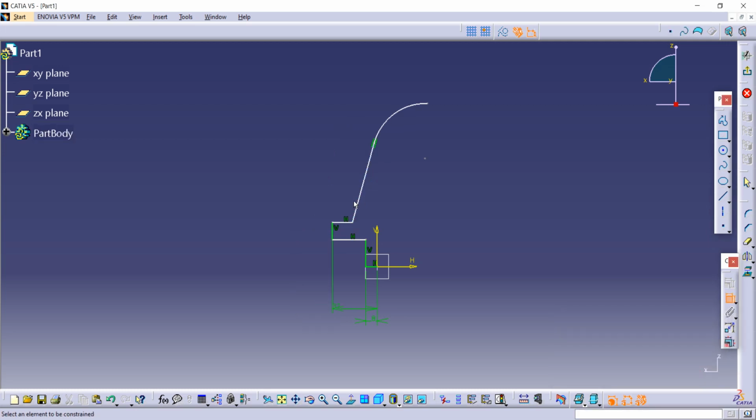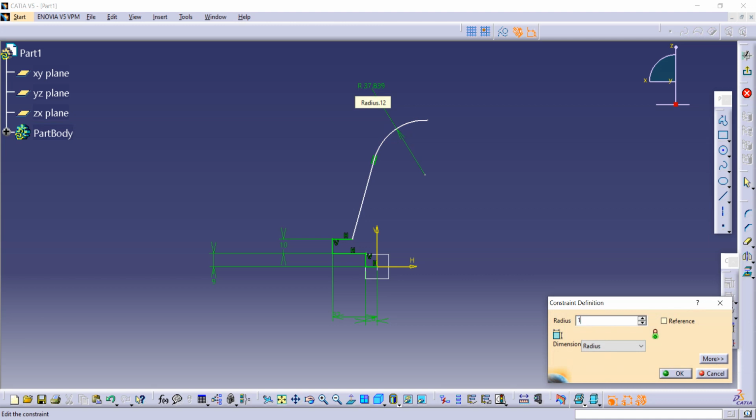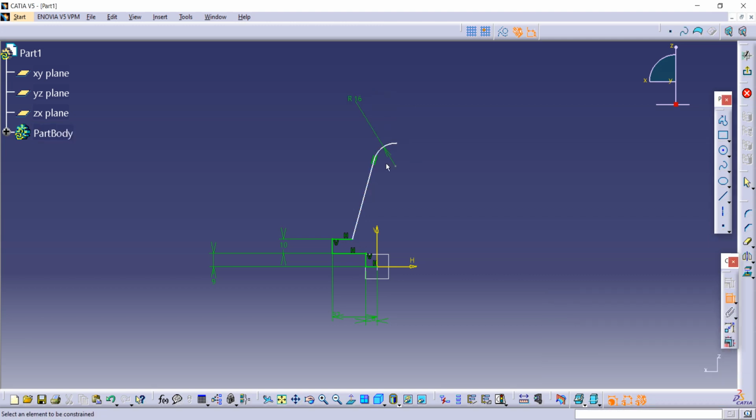Now distance from this axis to this line is given as 9, so it's 9. Distance between this to this line is given as 10. It is already given in the figure. Now the radius of this circle is given as 16, and